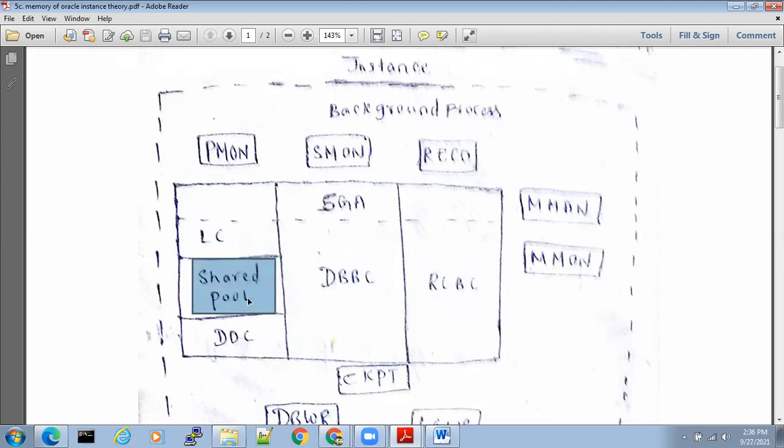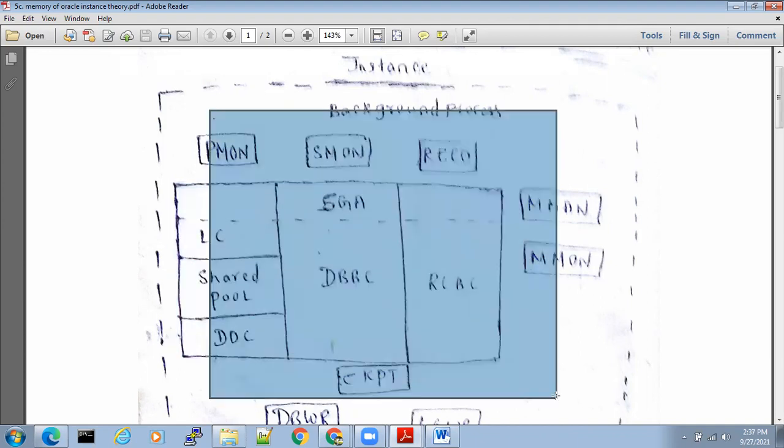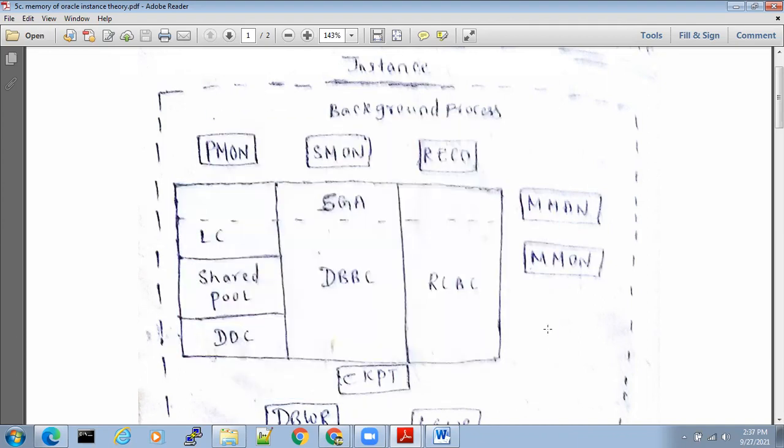The shared pool is the combination of library cache and data dictionary cache. The combination of shared pool plus database buffer cache plus redo log buffer cache is called SGA. Instance means SGA plus all these background processes. Till here, everyone clear?